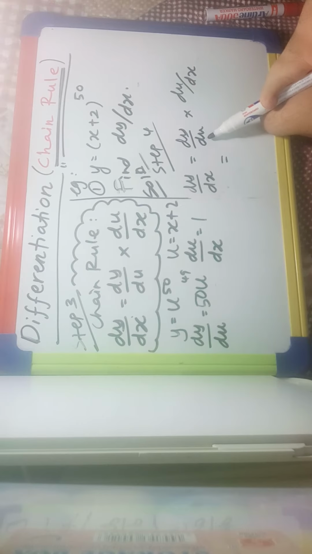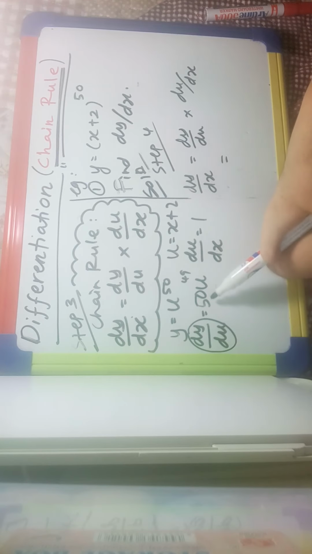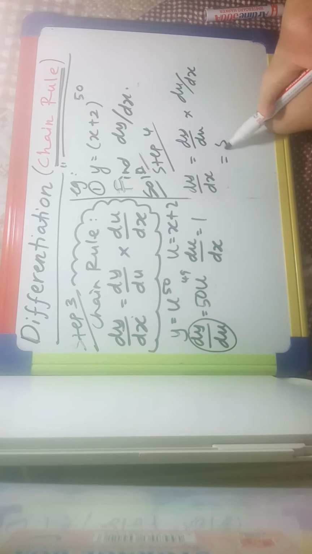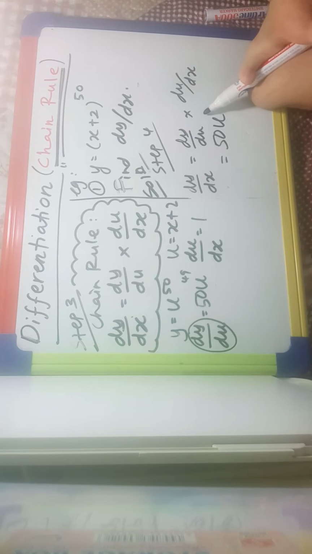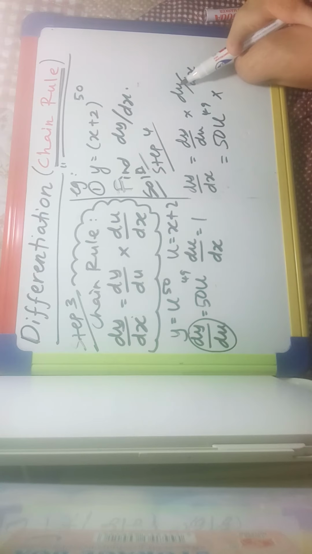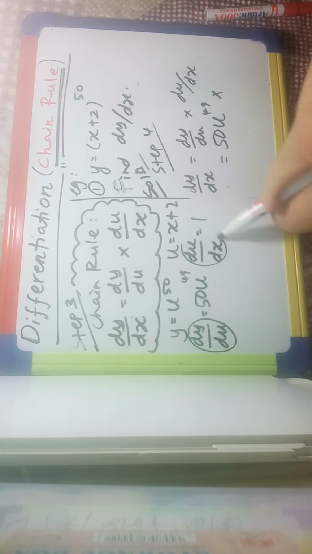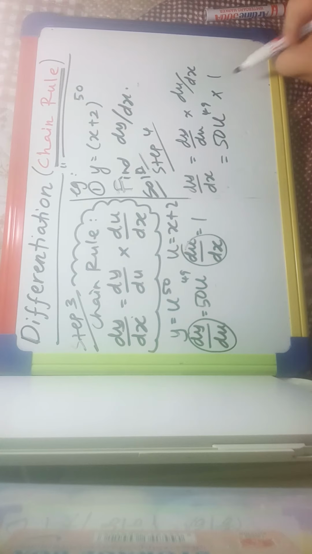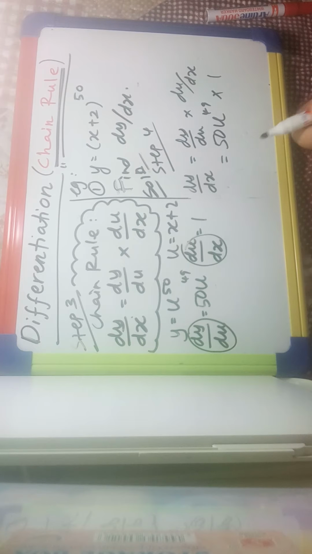What is dy over du? From here, 50 u to the power of 49, multiply, what is du over dx? Right over here, du over dx is equal to 1. Since we are looking for dy over dx, meaning our final answer must be in terms of x, you need to resubstitute u with x plus 2. So the final answer will be